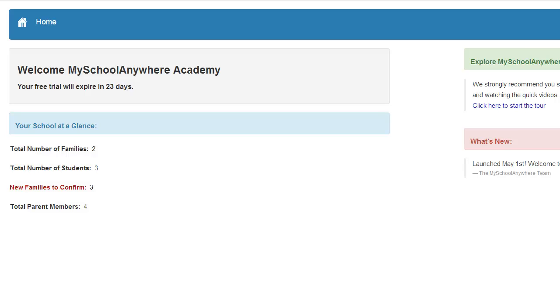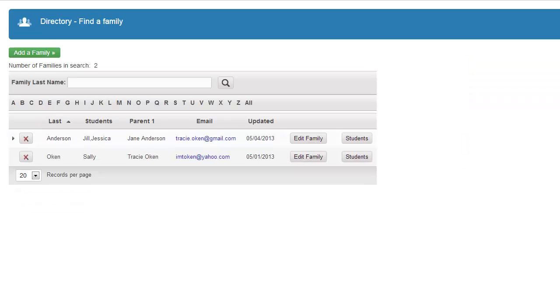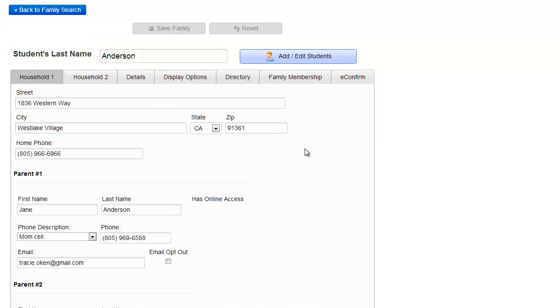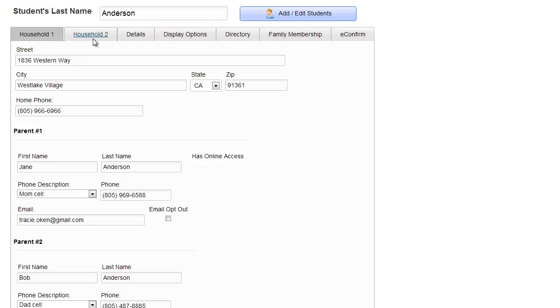But we highly recommend you take a look at this option, as it shouldn't take you more than an hour to go through and fix your data, and I think your parents will be much happier. The first thing I want to show you is what changes we've added to MySchool Anywhere and enhancements that make this upgrade necessary. So if you'll notice, when I look at a family, under Household 1 and Household 2, we